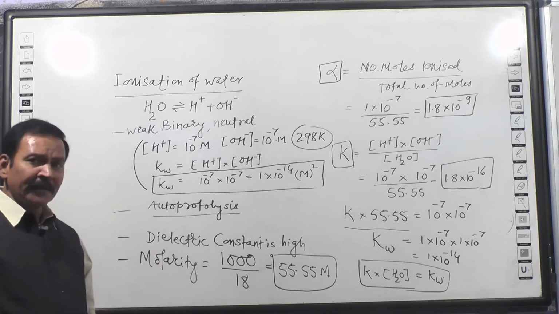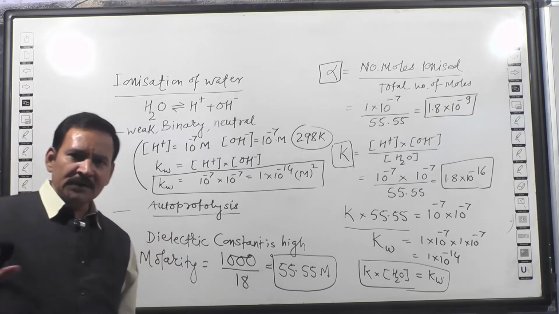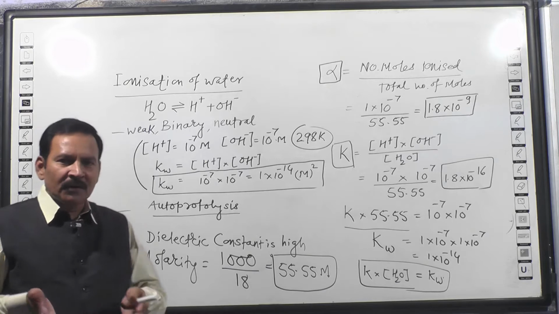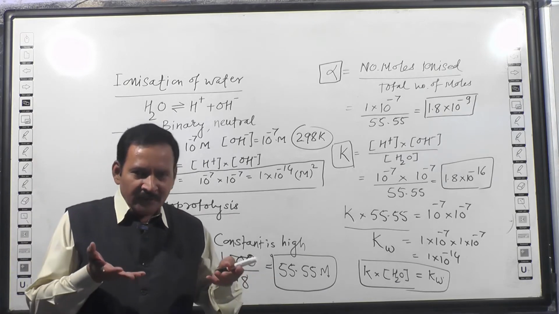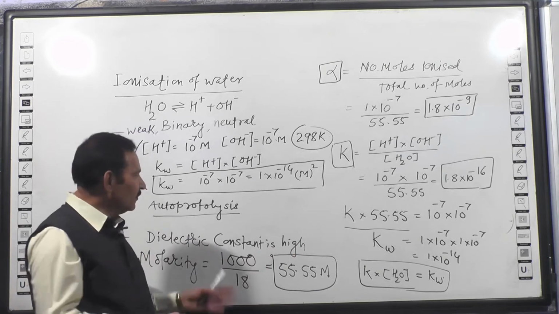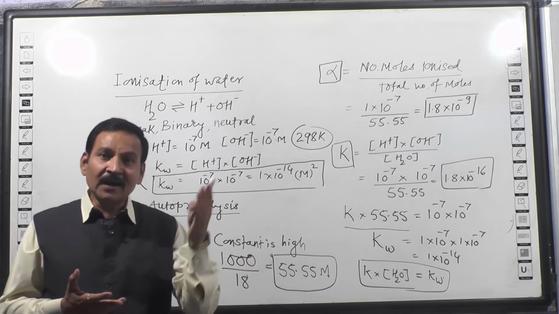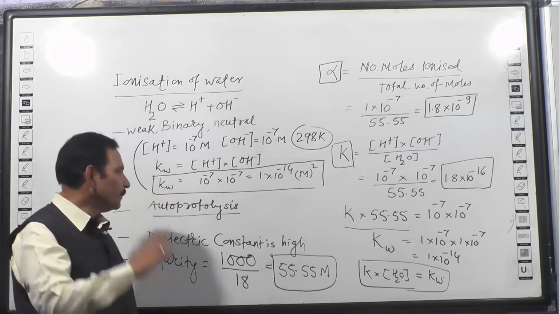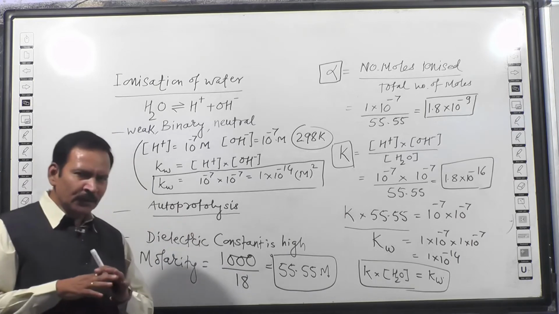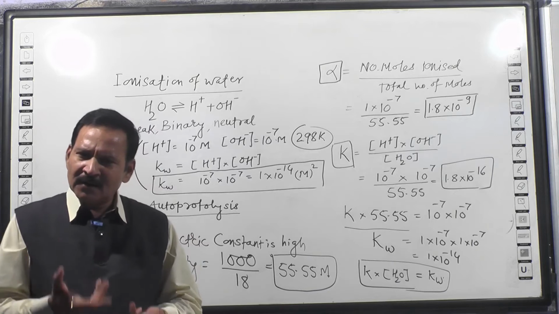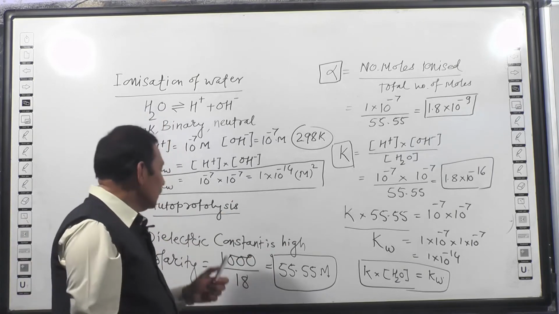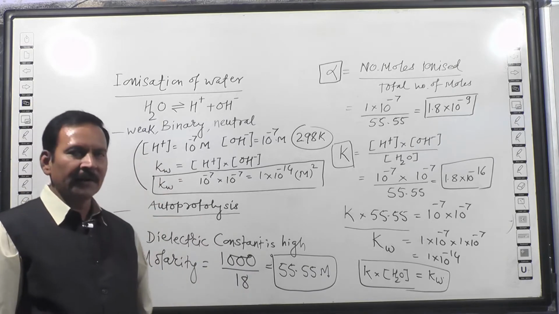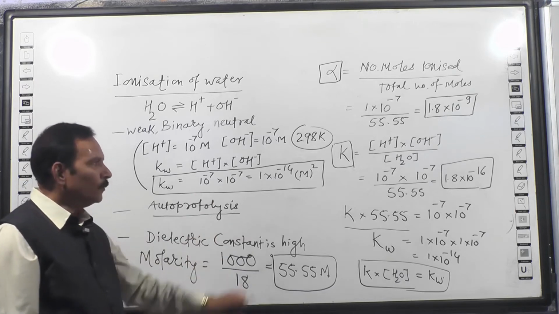Autoprotolysis of water takes place whenever ionization of water is required. No external agency is required for the ionization. In the previous theories we have seen HCl will donate a proton only when it is dissolved in water. Unless and until it is dissolved in water, there is no release of proton. Means other electrolytes require a medium for the release of proton, for donation of proton. But in case of water, there is no need of an external agency. Water itself undergoes ionization and forms proton. That phenomenon is called autoprotolysis.